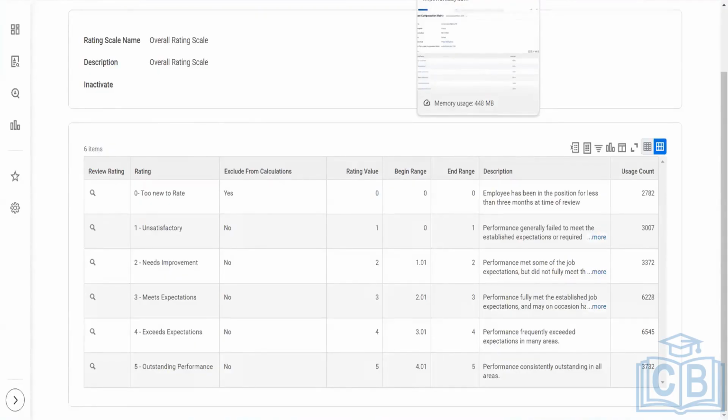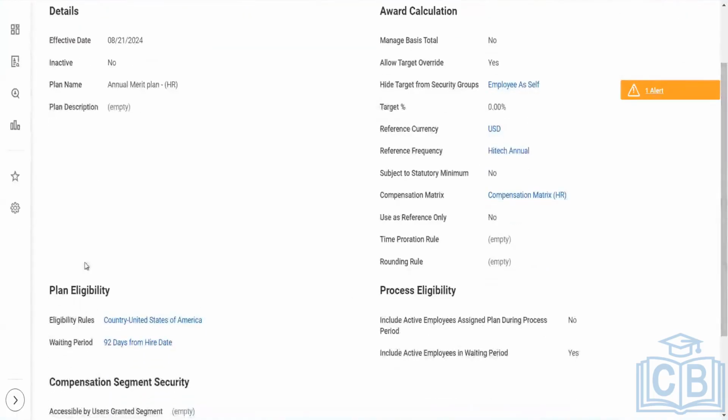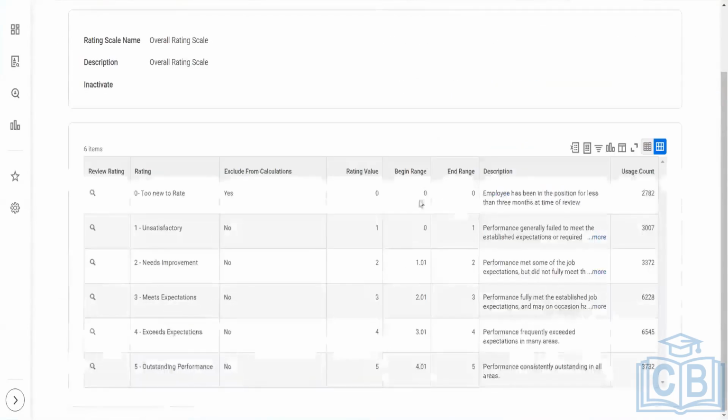And in some of the companies, can I also create rules where Workday will auto-identify such structural increase? That is the option that we have here, plan eligibility. Whoever will be eligible for this specific plan, I can include a compare ratio. There is an eligibility rule, if I'm not wrong. That's what I wanted to know.